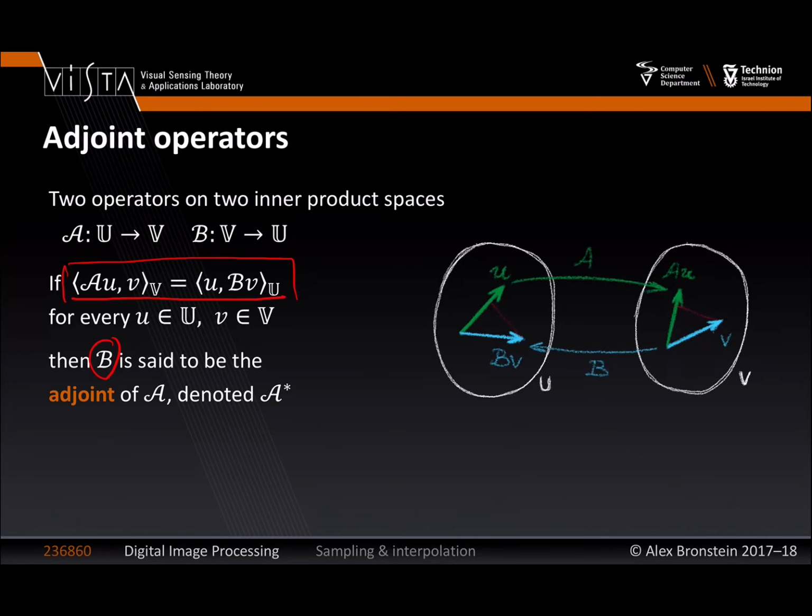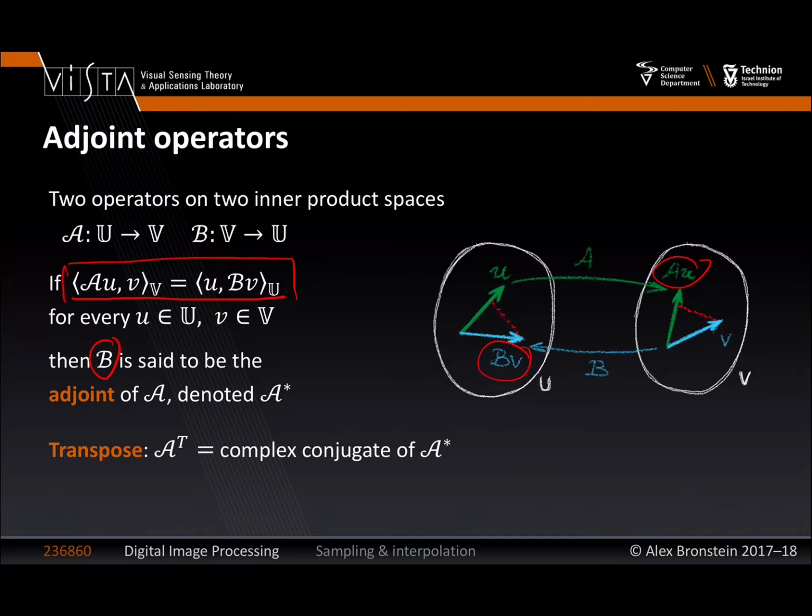Okay, so if you want the visualization, I have the space U. I take a vector u in this space. I have a space V. I take a vector v in that space. I map u to Au. I map v to Bv. Okay, and then I compute the inner product here, which will be basically this projection, and I compute the inner product here, which will be this projection. Okay, and basically these two projections have to coincide for every choice of u and v. Then A and B are a pair of operators, and are adjoints of each other. Okay,